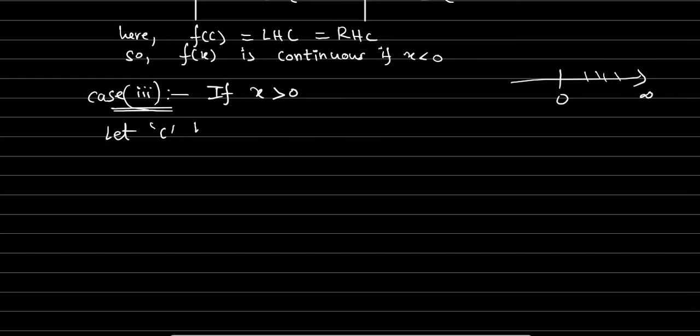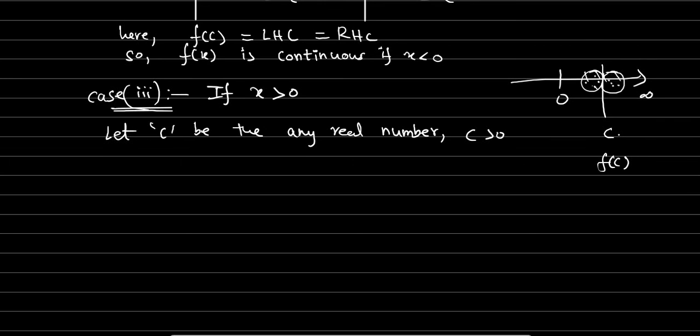So same way, let c be any real number. At the same time, c should be greater than 0. So now for the c lies between 0 to infinity, right? Now close values of c, approximately what value will we get? On the left hand side and right hand side, we need to find out close values of c, infinite count we have, and the right side also. So limit we are going to substitute, for finding the close values alone.